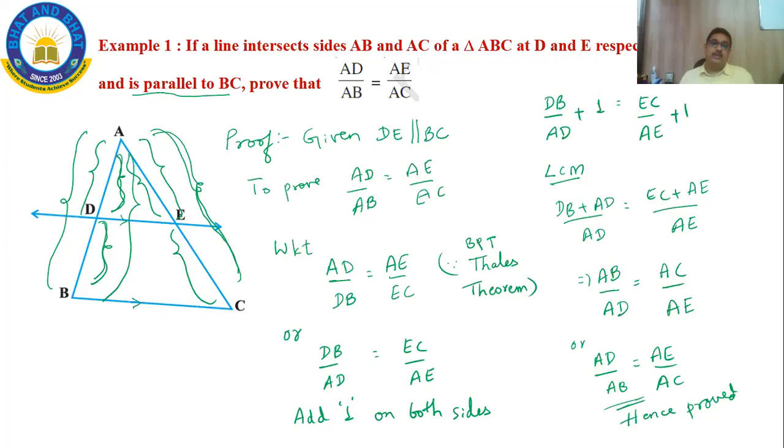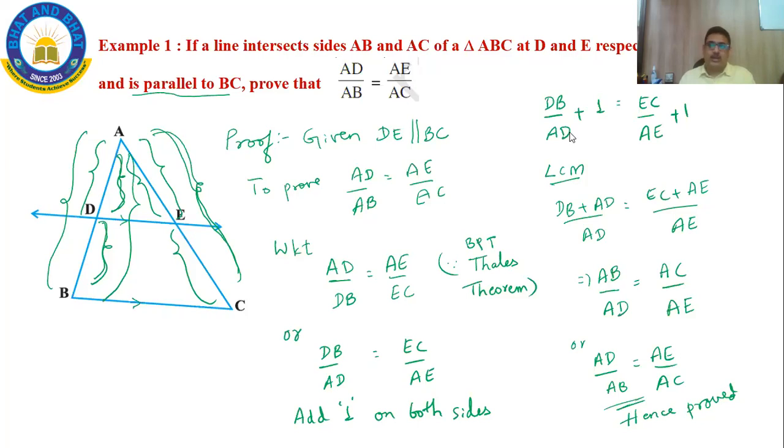Exactly. Why do we need to take plus 1? This is for modification. This is called mathematical modification in proofs. Why did I take plus 1 only? So that you will be able to catch it better with practice, Grisha. So this is a modification that I am doing based on my experience and observation.